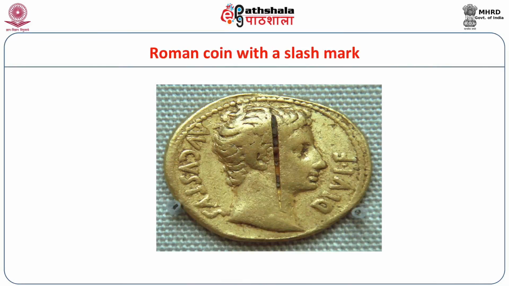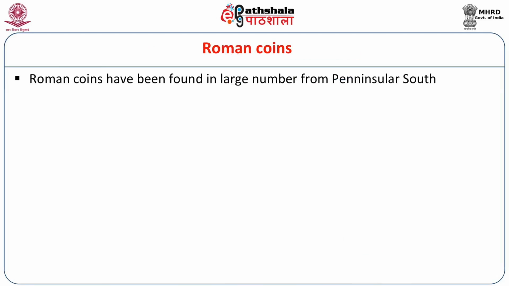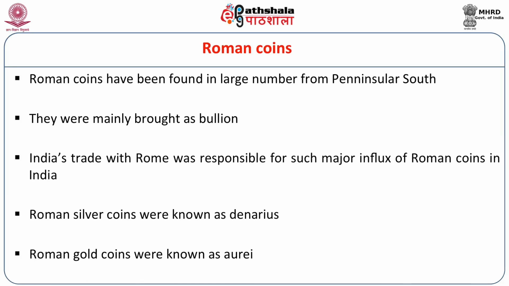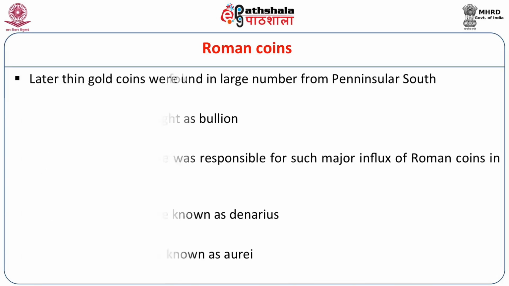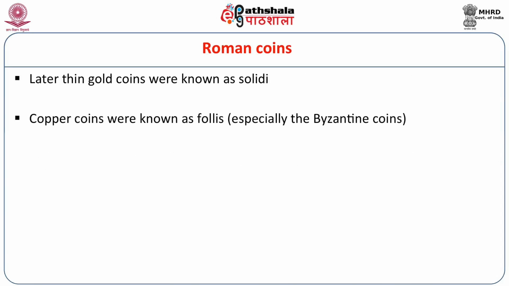So on the Roman coin, here you can see a slash mark on the ruler's face, and these Roman coins have been found throughout the peninsula south. The Roman coins were mainly brought as bullion, and this is due to the trade with the Roman world. The Roman silver coins were known as denarius, the Roman gold coins were known as aurae, and later thin gold coins were called solidi. Copper coins of the Romans were also issued by the Byzantines mainly, and they also came